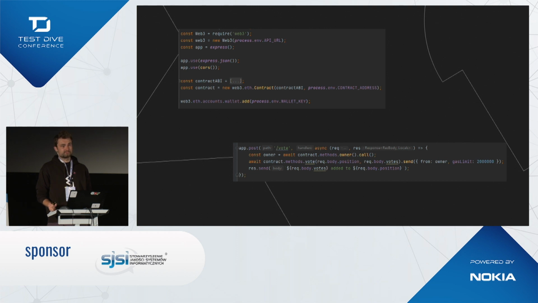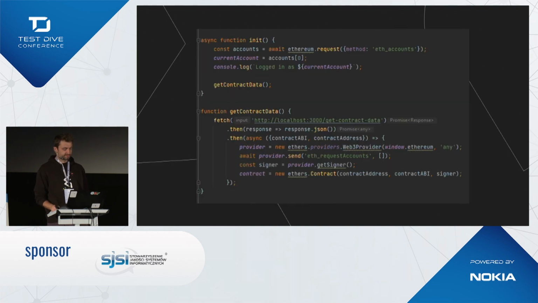And because I wasn't able to reject or confirm the transaction using MetaMask, that's why I moved to Ethers and handled this on the front-end side. What you can see here is a method that requests all of the accounts from your MetaMask. So it will create this little pop-up that you will see on the next slide. And then you need to allow your local app to use these accounts in MetaMask. And after that is done, you can interact with the contract. You can create an instance and interact just like contract.nameOfTheMethod, and that works.